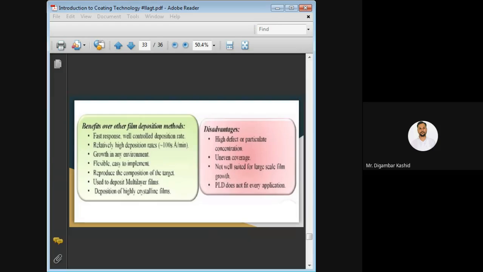Also there are some disadvantages. So here I have mentioned high defect concentration, uneven coverage, and it is not well suited for large scale film growth, and this clearly does not fit every application. Okay, pulsed laser deposition is not fitted for every application. Actually, nowadays we generally use it on windows, maybe a car window, or our household window. Okay, simple, where at the time of raining the water particles do not penetrate into that window, or maybe that